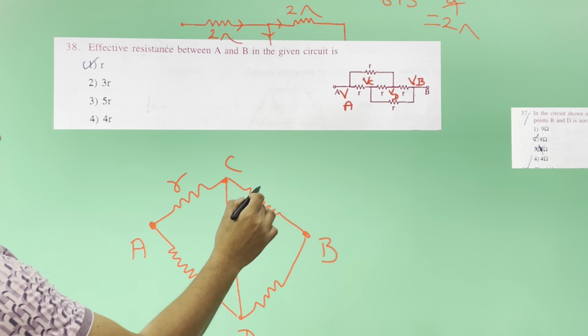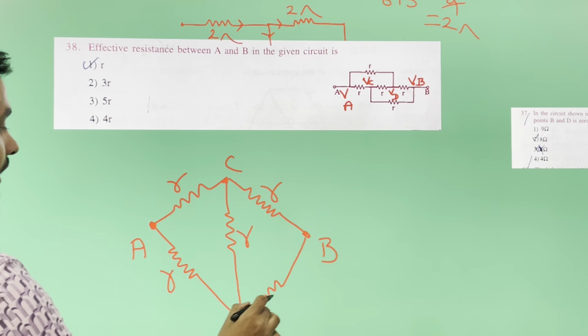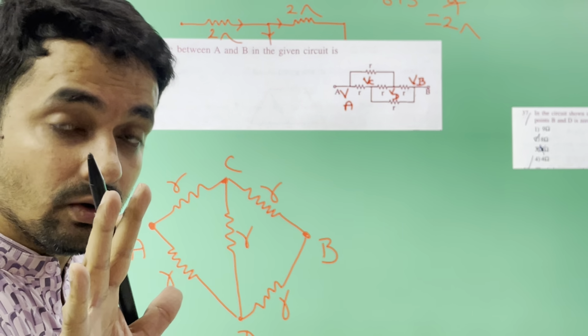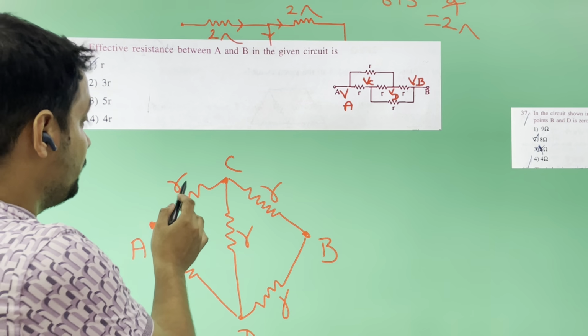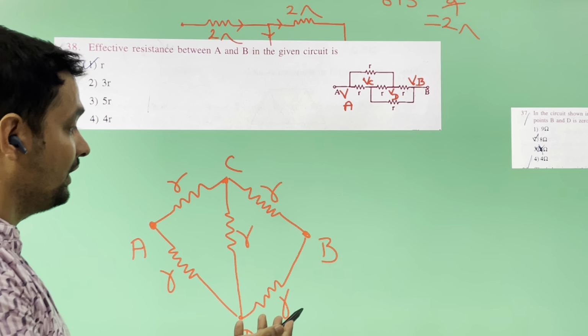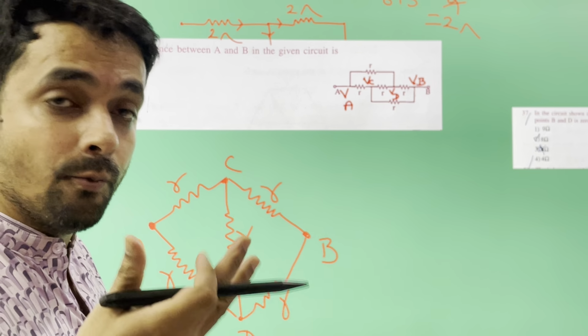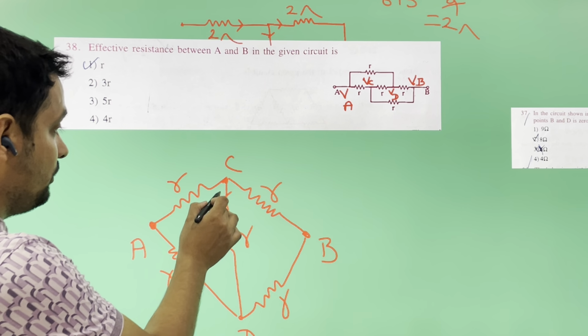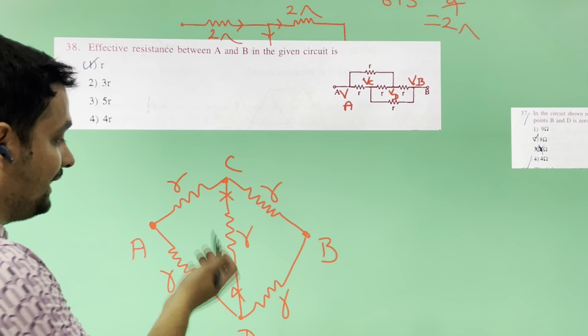The values are R. There are 5 resistors, and the combination of 5 resistors is a Wheatstone bridge. The condition is followed, like here R into R square, R into R square. So this is following the case of a balanced Wheatstone bridge. So here you can remove this, because the potential of C and D is